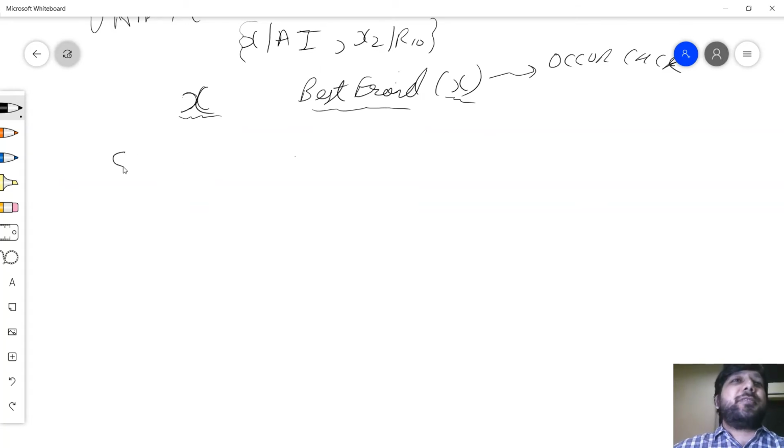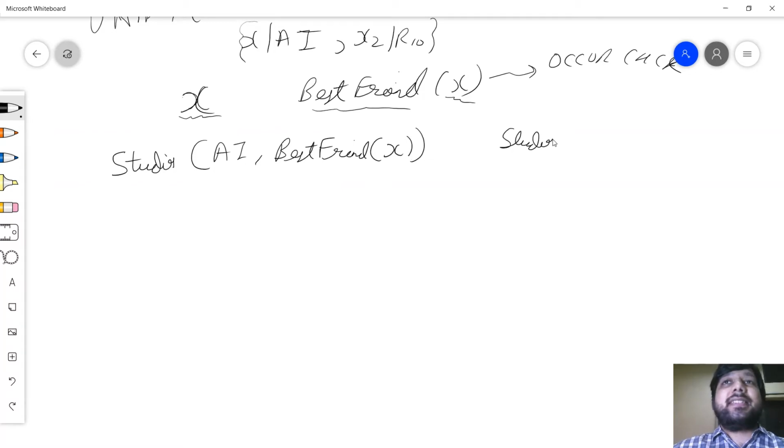So say I want to unify studies AI comma best friend of X with studies AI comma Y. Or let me make it complicated, best friend of Z, and the other one C over here.